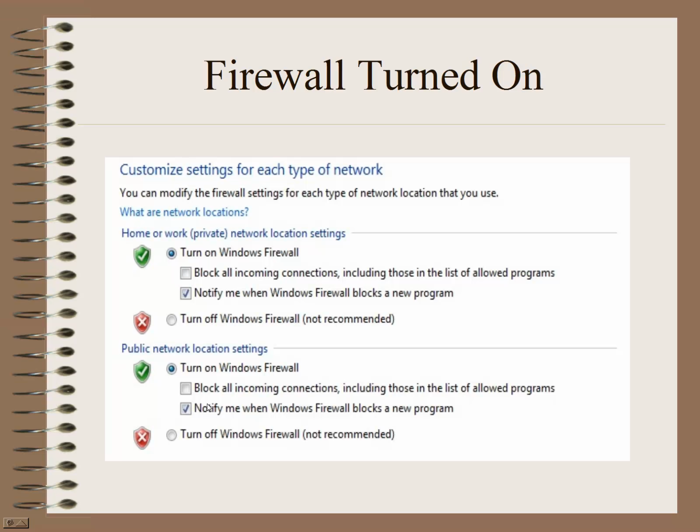Some shortcoming about Windows and its firewall, once you've been attacked and the virus is on your computer, Windows does not report to you that that little bugger now is trying to take your information and get it off your computer. There's a lot of good third-party firewall programs like Zone Alarm that stops even the outgoing information. And it would notify you immediately if you have an attack going on and it's trying to send some of that information home. So again, at least turn your firewall on, but I would also